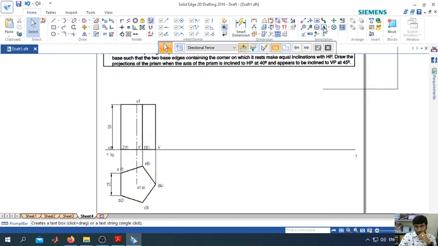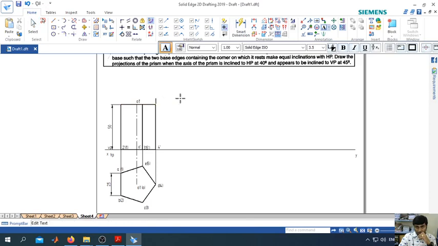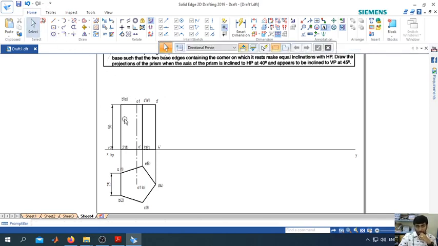Also mark the annotations here. Here you have D dash, and here you have C dash bracket E dash, and here you have B dash bracket A dash. Okay, now